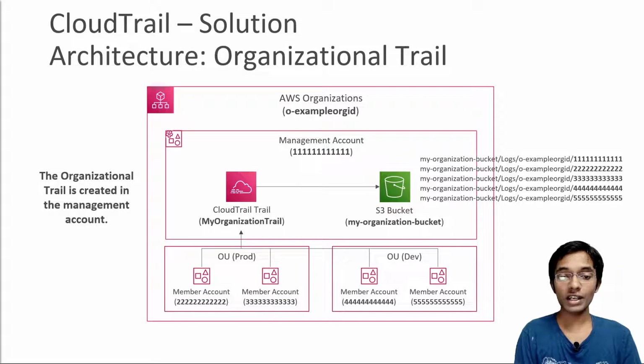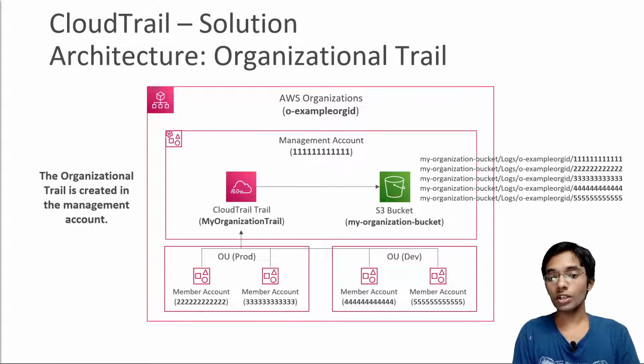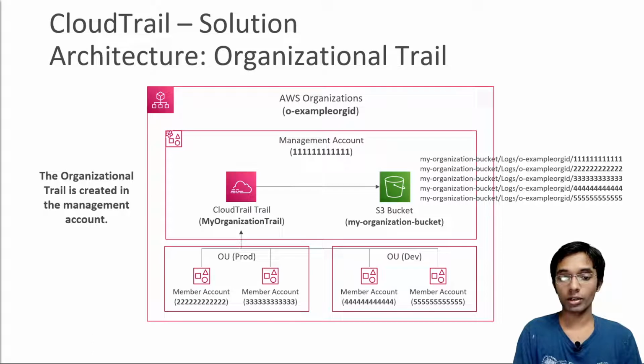So that means that any account in the production organizational unit or the dev organizational unit will be monitored, and from there you can send the information from the trail into an S3 bucket, which will again be in your management account. This S3 bucket will contain a certain kind of organization, where you see the suffix of the S3 prefix represents the account number that is being monitored by CloudTrail. Finally,